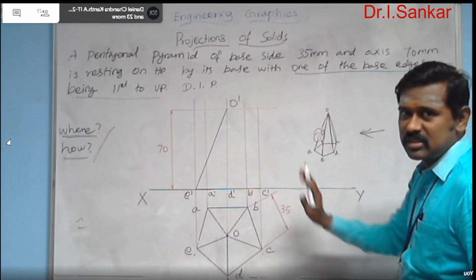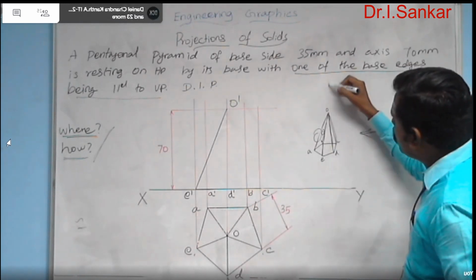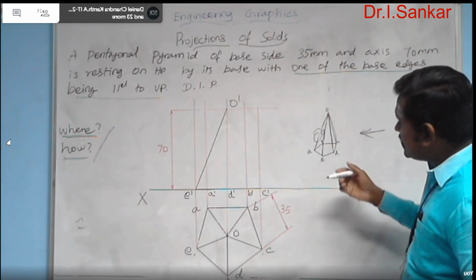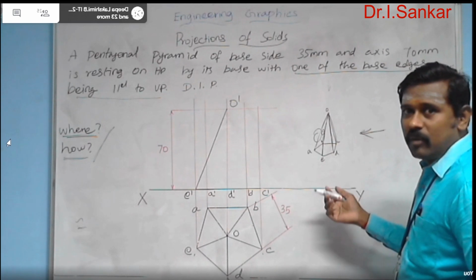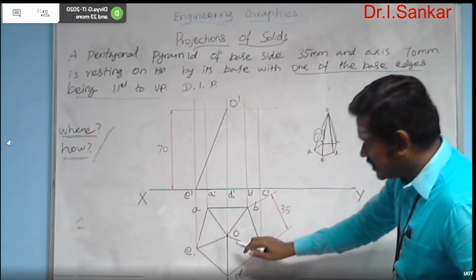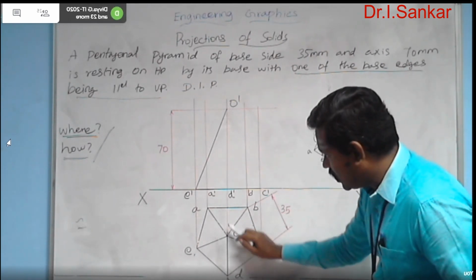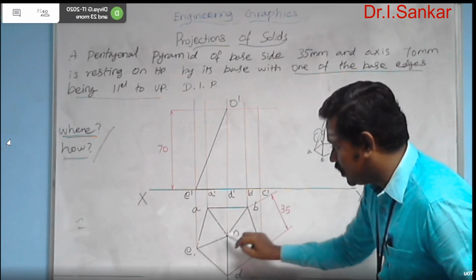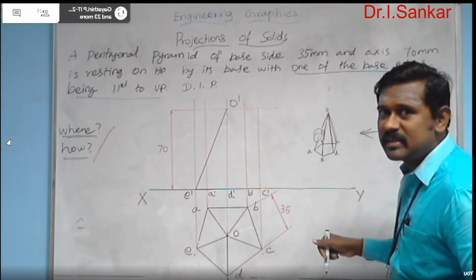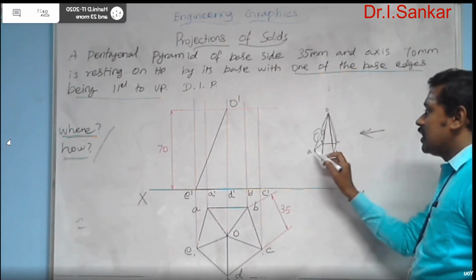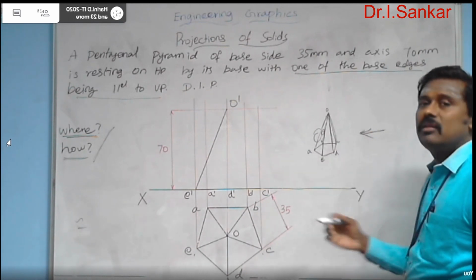But at the same time, if I look at the object from the top, I can see all the edges OA, OB, OC, OD, OE with reduced length. Here you can see I have just drawn OA, OB, OC, OD, OE. From the top view, they are all visible to my eyes. But when I see it from the front, the edges OA and OB are not visible to me.